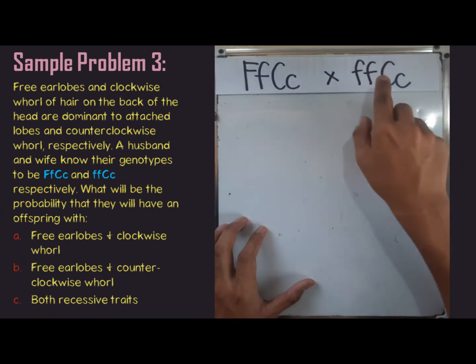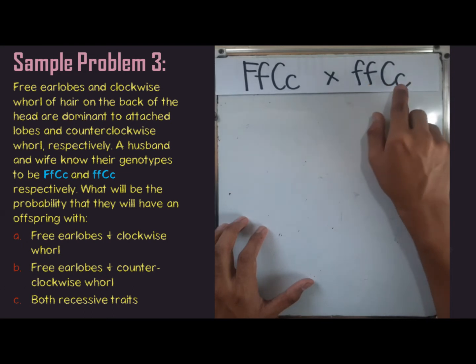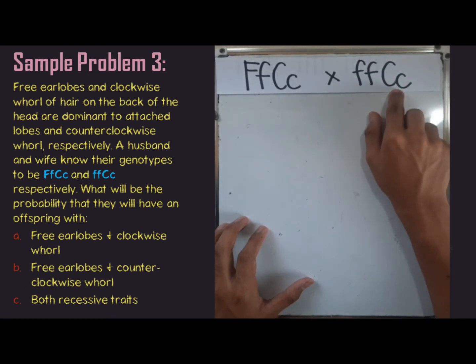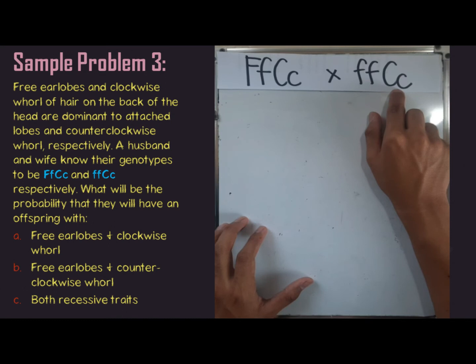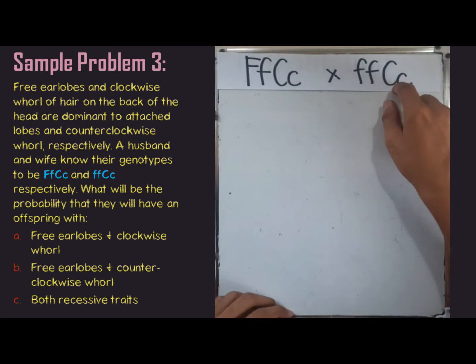Then, the partner is homozygous recessive for the attached earlobe and heterozygous dominant for the clockwise whirl. Now, what would be the probability that they will have an offspring with